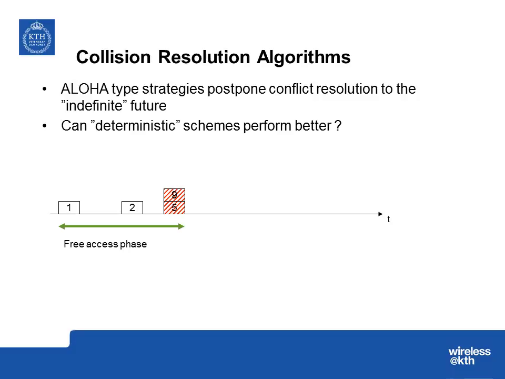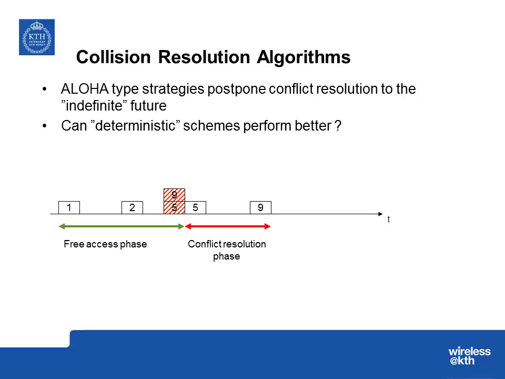We have stations transmitting, and here station 1 and station 2 transmit a packet, and they don't experience any collisions. And then in the same slot, station 5 and station 9 happen to transmit a packet each, and we have a collision. So what we would do in ALOHA is that station 9 and station 5 would each draw a random number, determining how long they want to delay their retransmission of the packets. But what if we instead do a deterministic resolution, that we go into a conflict resolution phase where, by some deterministic scheme,